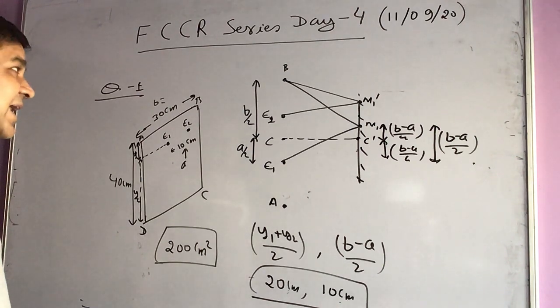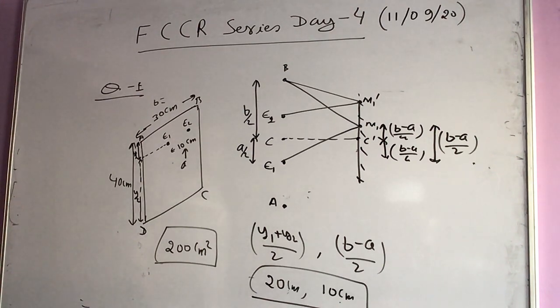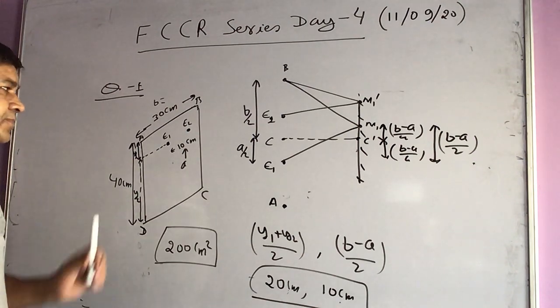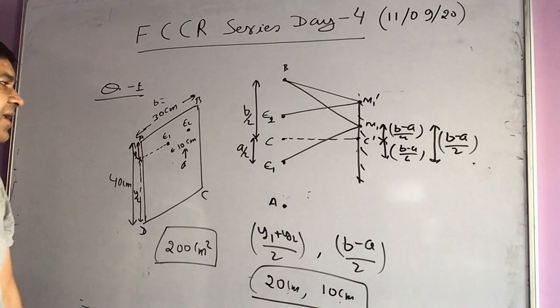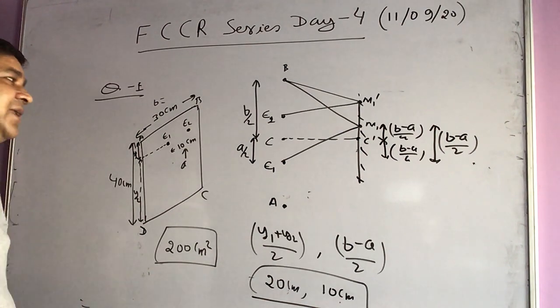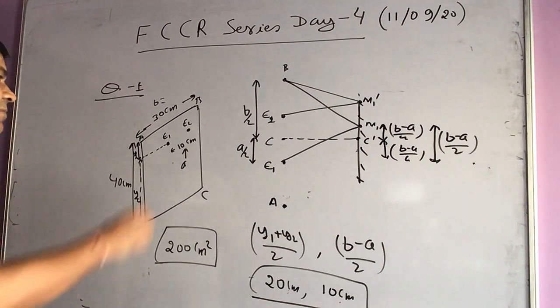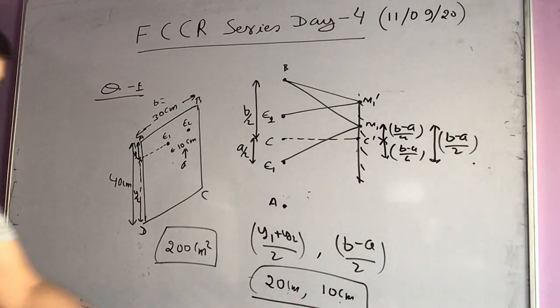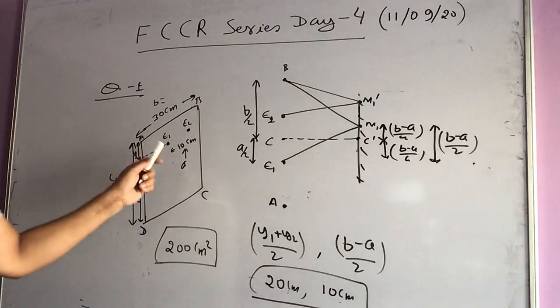However, there is one more catch here that can exist in this type of problem, and that catch is this distance has to be greater than half of the distance between the eyes. Here it is already satisfied because half of the distance comes out to be 5 centimeters. So this distance has to be greater than half of the distance between the eyes.